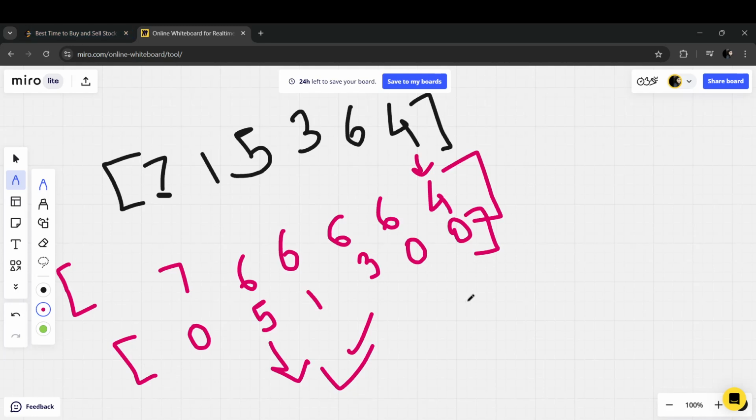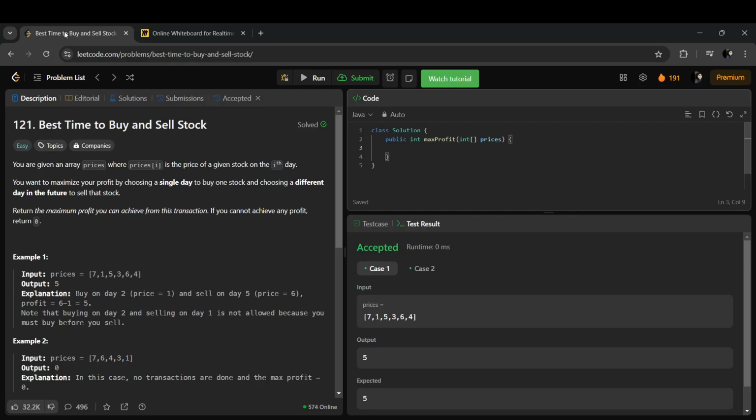For this we are not making an array, we will just subtract it and we will see the maximum one which we got. Okay, so see, let's come to this code. Basically, I will be taking my prices length so that I can make the array of that size. Now I am making my array.